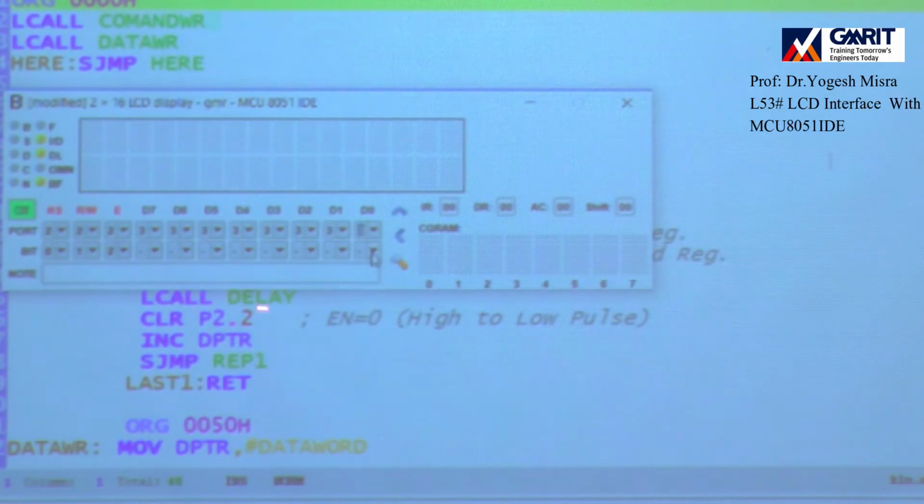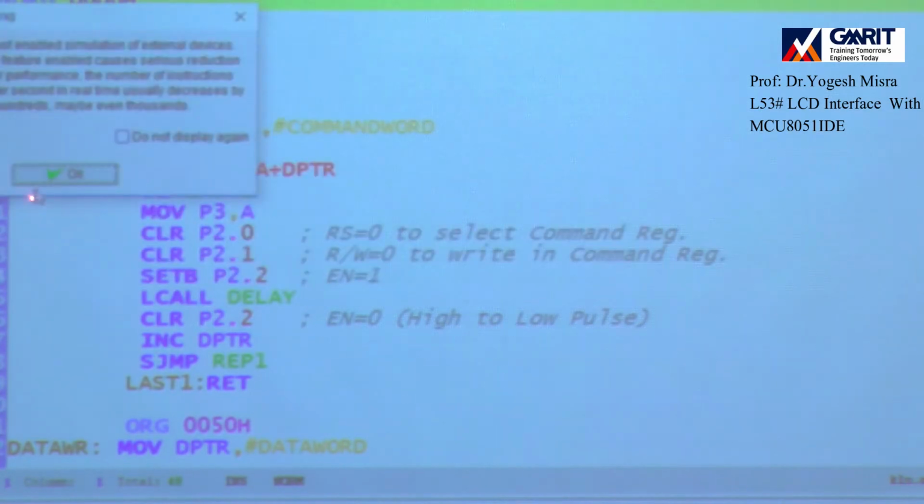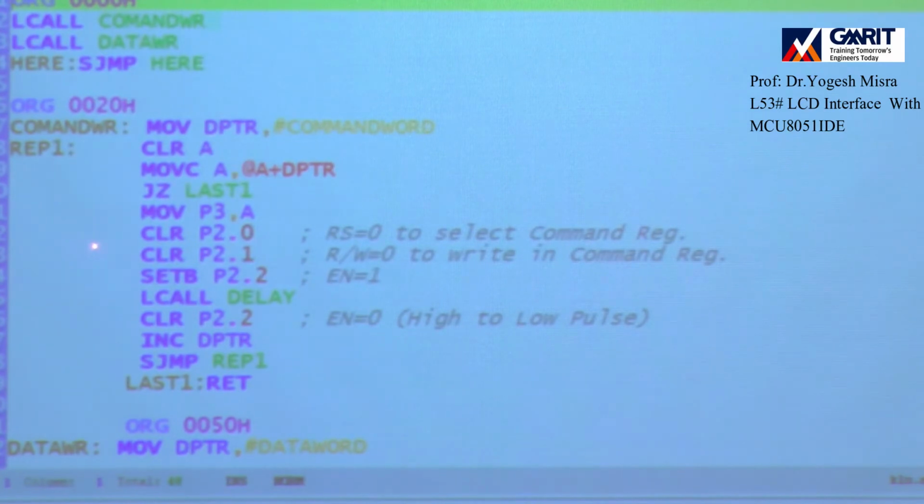And pin number I will select from here: pin number 0, 1, 2, 3, 4, 5, 6, and pin number 7. Now sometimes you will find that here it is written on, and sometimes you find it is off. If it is off, then you turn it on by clicking this.